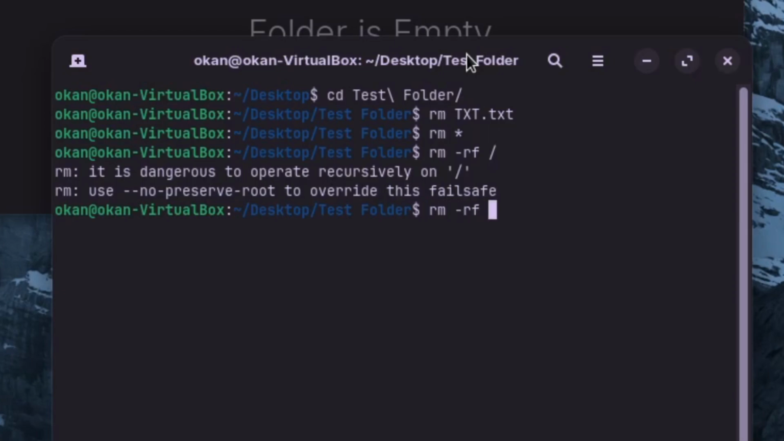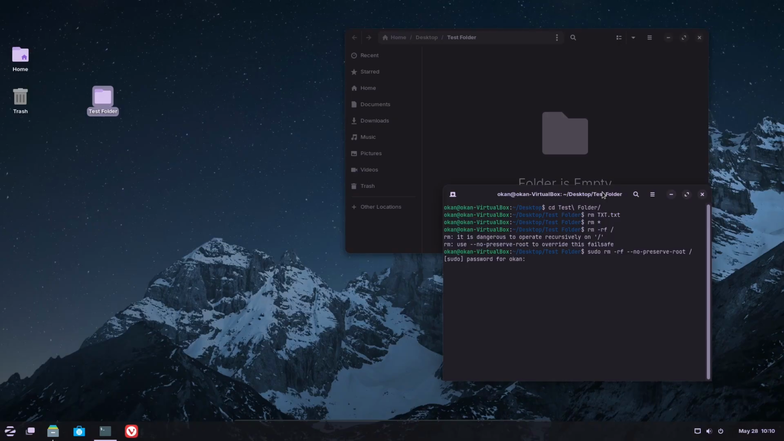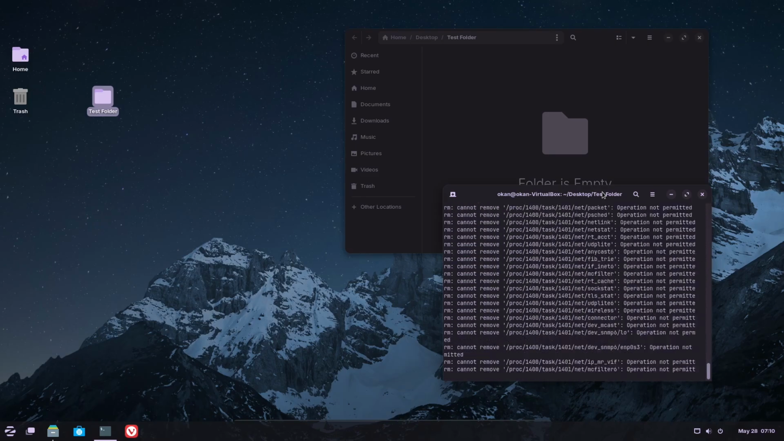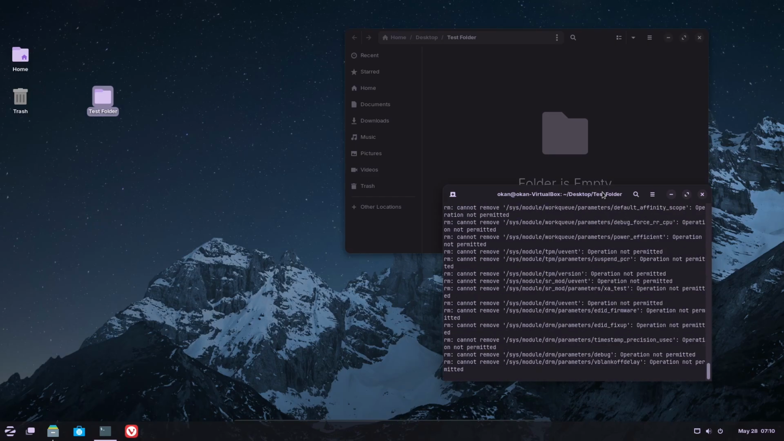like rf no preserve. Actually we can use sudo rf no preserve root and slash. You need to enter your root password. Watch this. You see the blue? Yeah,